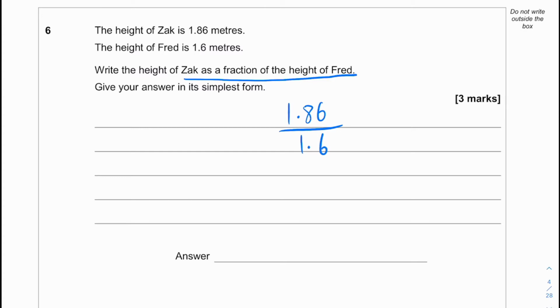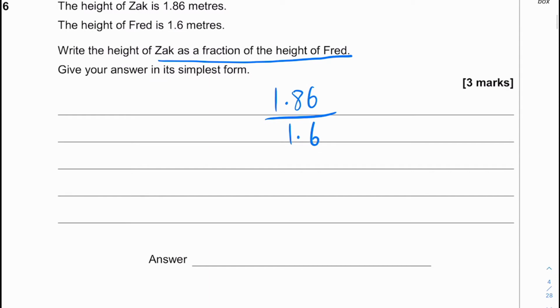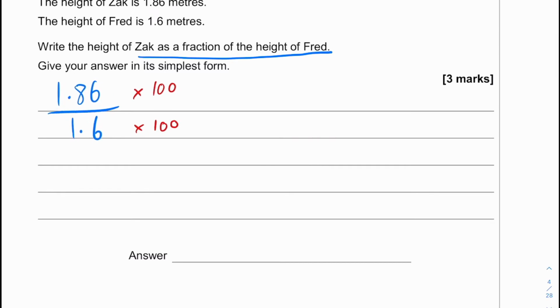Okay, so the next thing to do is to simplify. The first thing that I'm going to do is get rid of the decimal points. So we are going to multiply the top by 100 and the bottom by 100 as well. And when we do that, what we are left with is, I'm going to move this out of the way so we've got a bit more space. I'll put this here. Okay, so when we do that, we are left with